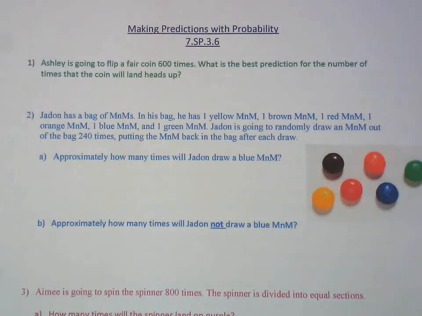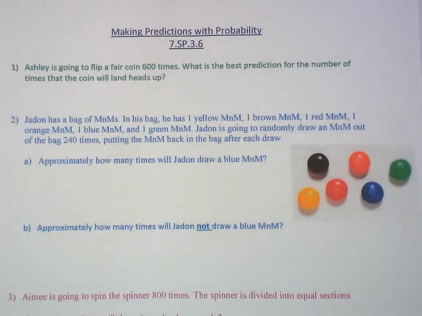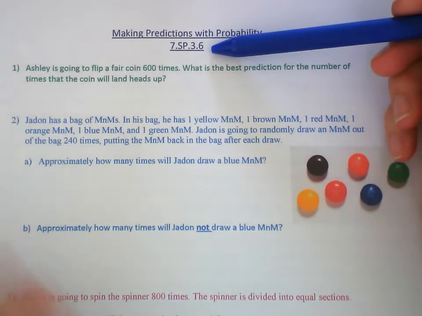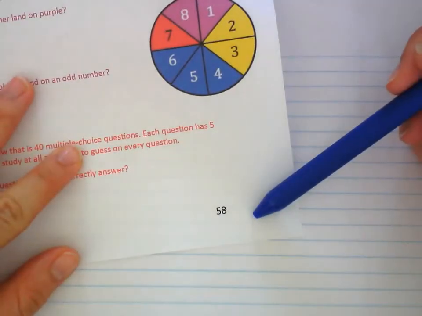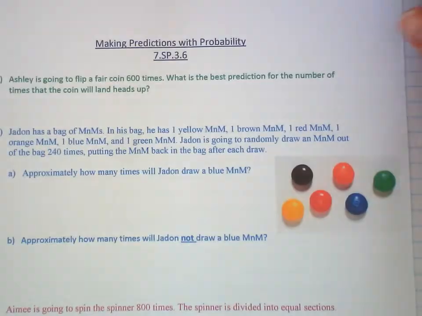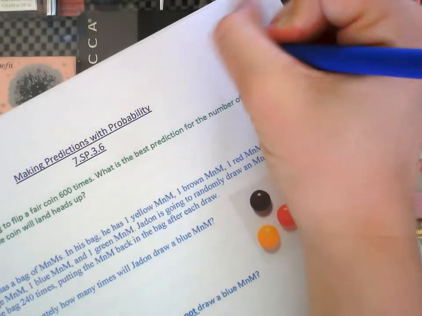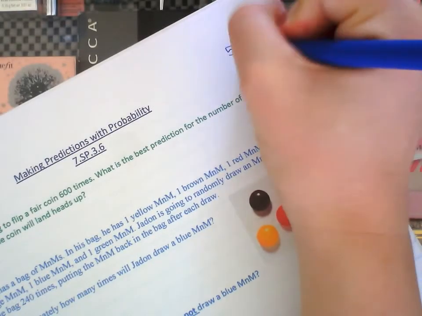Okay, so today we are focusing on making predictions with probability. It's standard 7 SP 3.6, page 58 in your notebook. Obviously I would have given this to you in class. We're not in class, so just write down the main things. And the date of when you should be doing this is May 4th,